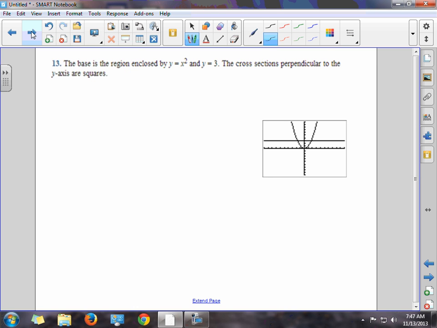All right, so let's try another example. So here we're given two functions. So they say the base is the region enclosed by x squared and y equal 3. So I've given you a graph of this, and the cross sections are perpendicular to the y-axis. So that means I'm going to be integrating with respect to y, and they're going to be squares. Squares is a nice, easy formula. So my squares,